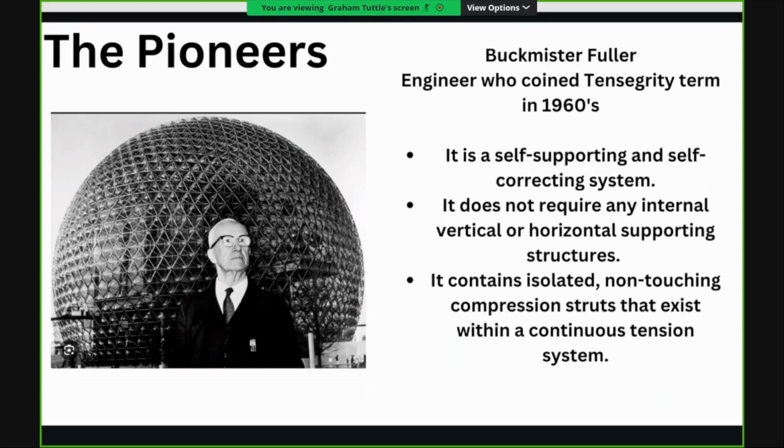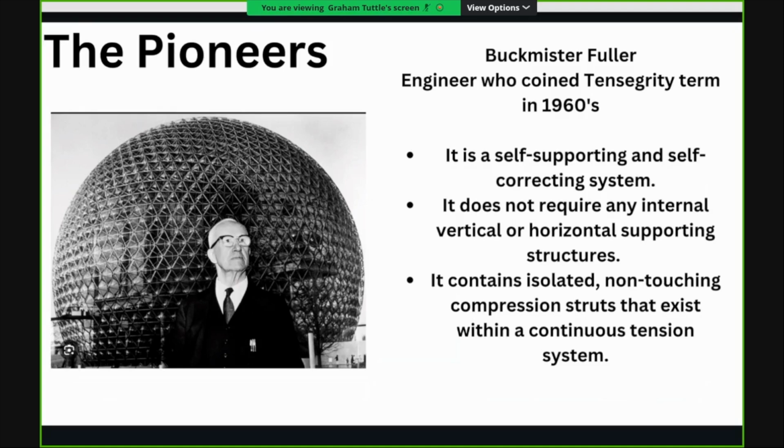If you think of a house, the walls, the studs, those are internal, vertical, and horizontal things that basically hold it together. So this dome, for example, is a dome. There's nothing in the middle of the dome that's supporting it. It is just the